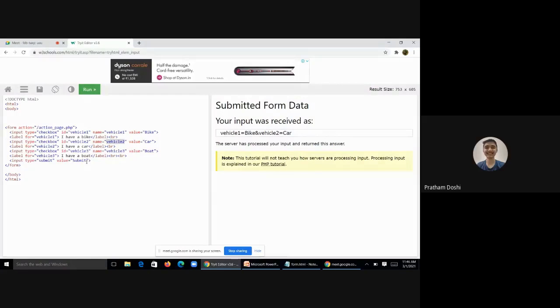Yes, ma'am. And how does the server understand that all the three selections were from a single topic? Ma'am, meaning how does the user understand that all three selections were on the same topic, like it was in radio? If I select all three, then how does the server come to know that? No, ma'am. In Google Forms, when we give a test, there are a number of questions, right? So how does the server understand that this answer was for the given question?